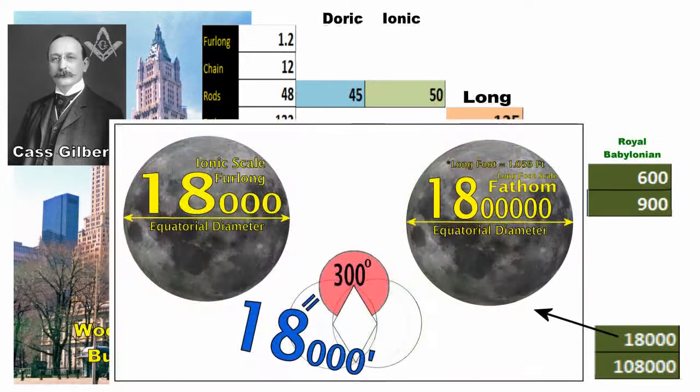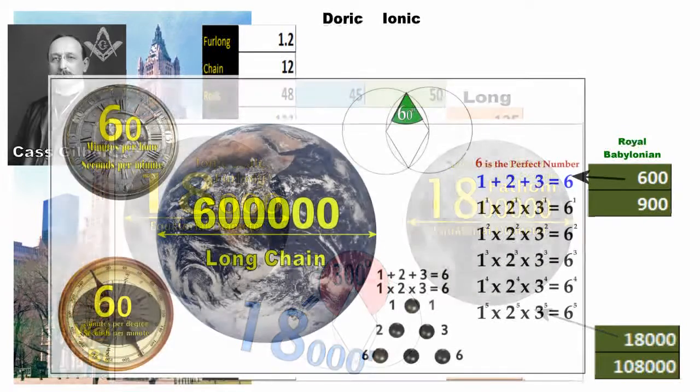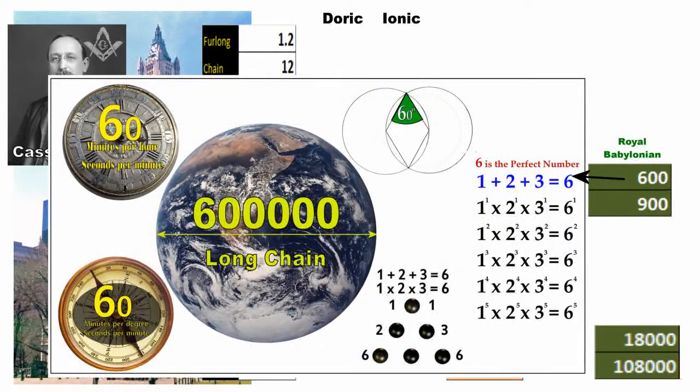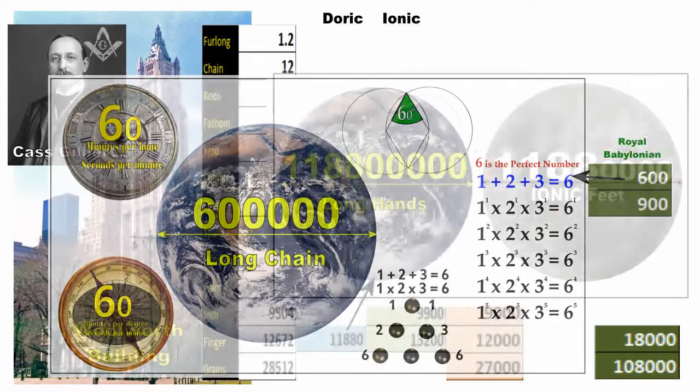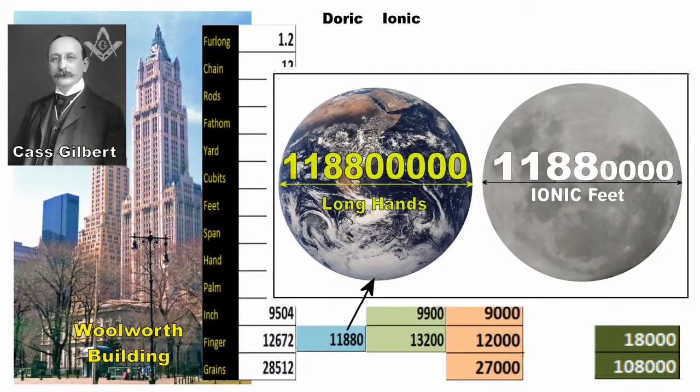Well, to begin with, 18,000. Again, I mentioned 18 earlier, the descriptions of the moon on the Ionic and the long scale, which of course is described in this structure. Also the vesica, which forms the basis of this geometry, but also at 600, so 6, beautiful, perfect number, the most perfect. 1 plus 2 plus 3 equals 6, 1 times 2 times 3 equals 6. That's the only number that has that property. 60 minutes, 60 seconds, both on the clock and the compass. On the direct scale on fingers,